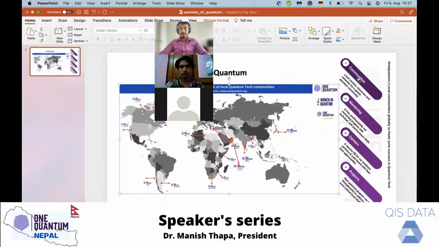And for companies and of course for our members, at OneQuantum, we offer career fairs, a resume database for our employer partners, and a job board, so that they can attract talent for the quantum workforce. And one of the most interesting aspects of OneQuantum is that we also offer realistic quantum computing projects.